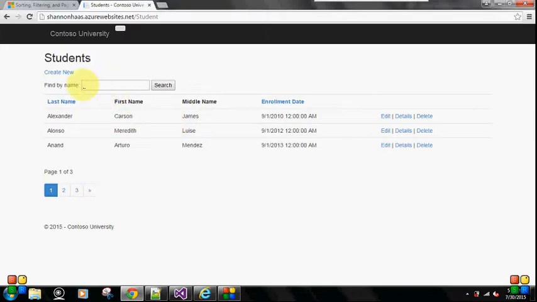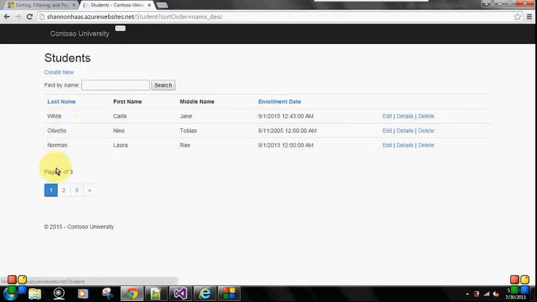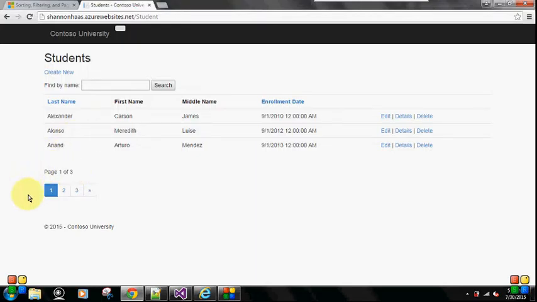this, which implements this search text box for the user, the sorting capability on the last name and the enrollment date columns, and also, as you saw, it took a minute, but the last name is now sorted in a different order, and then it also implements this paging at the bottom so that it's no longer just one giant